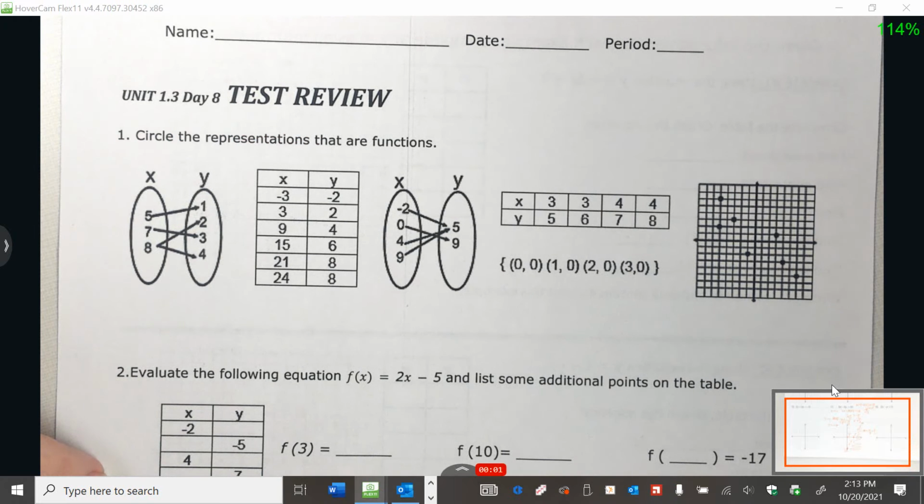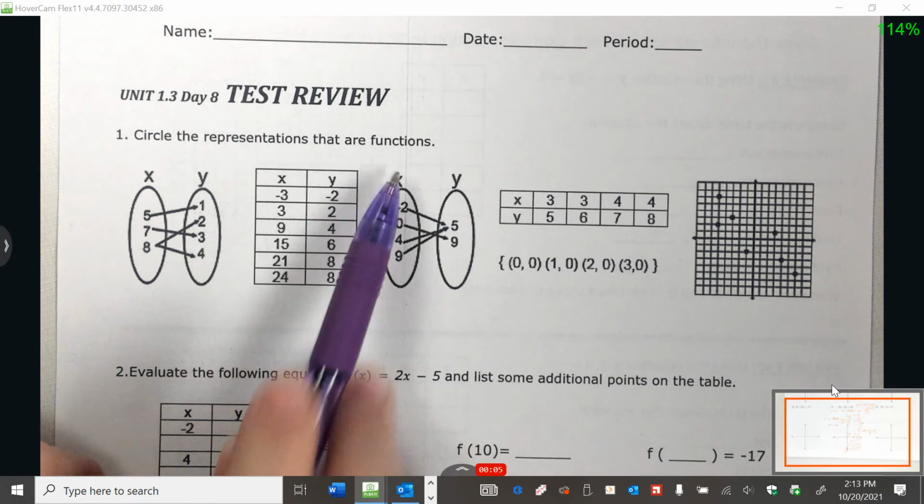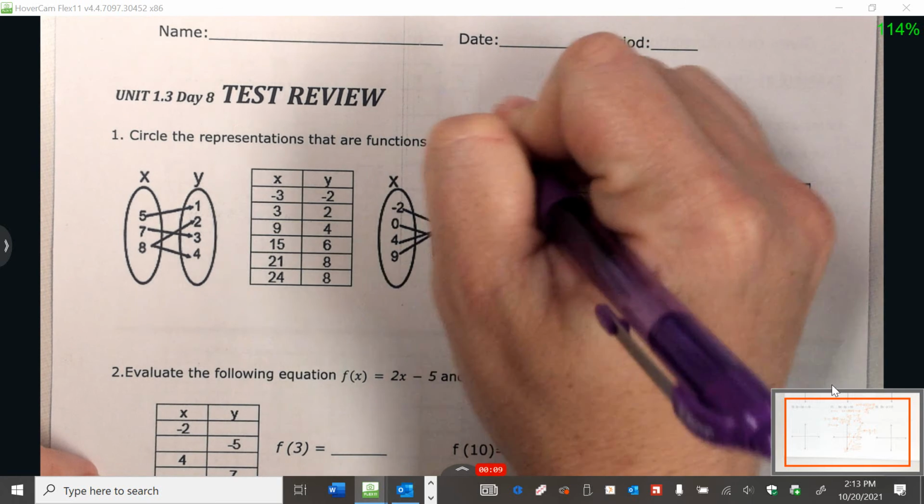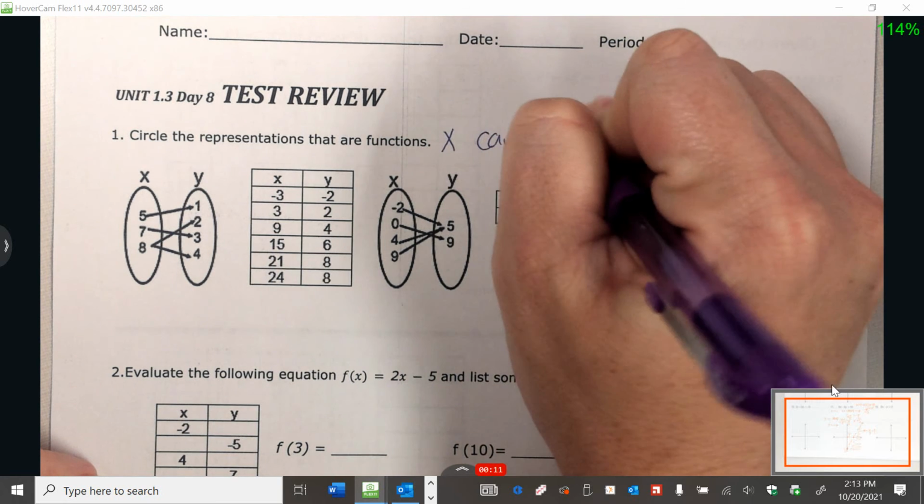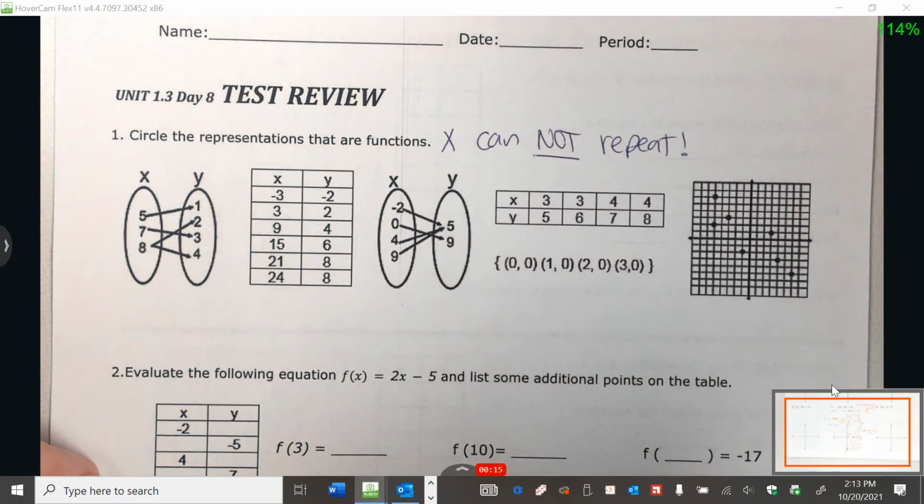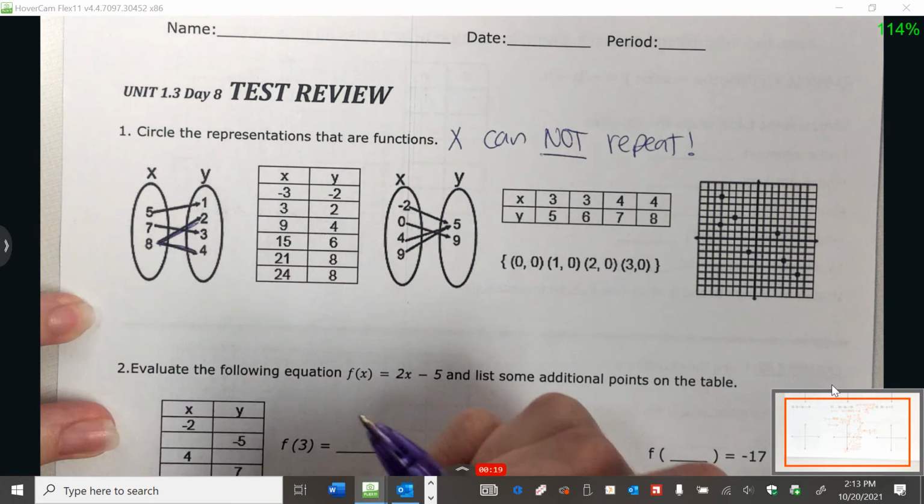Okay, Unit 1.3 test is coming up. So circle the representations that are functions. Okay, remember functions, x cannot repeat. Okay, so if we look here, we see that this x has 2 arrows, meaning it repeats, so it is